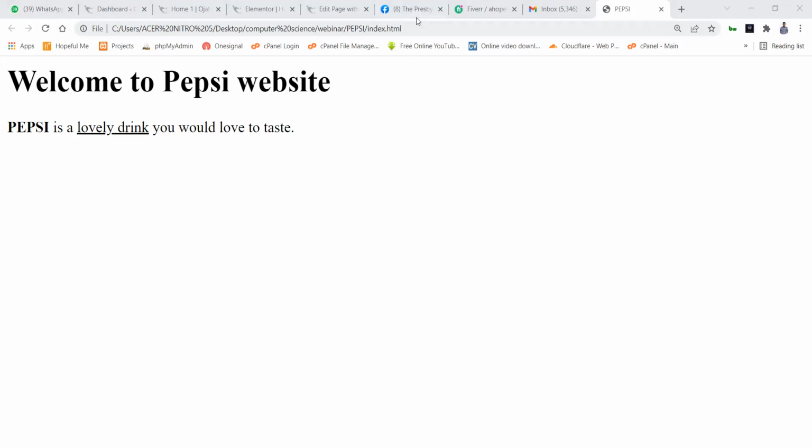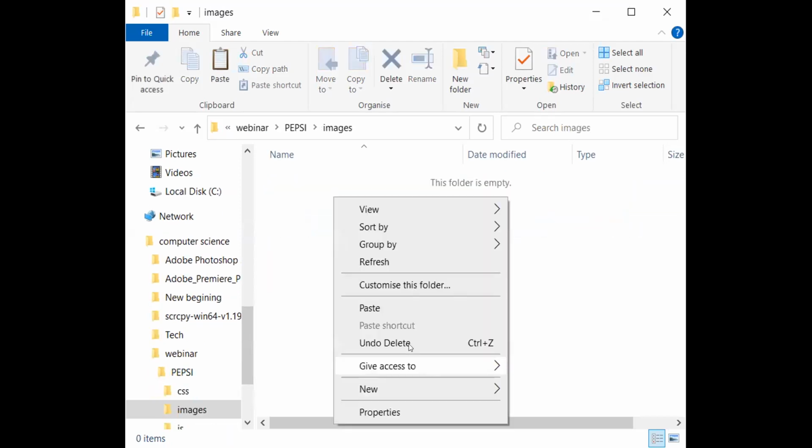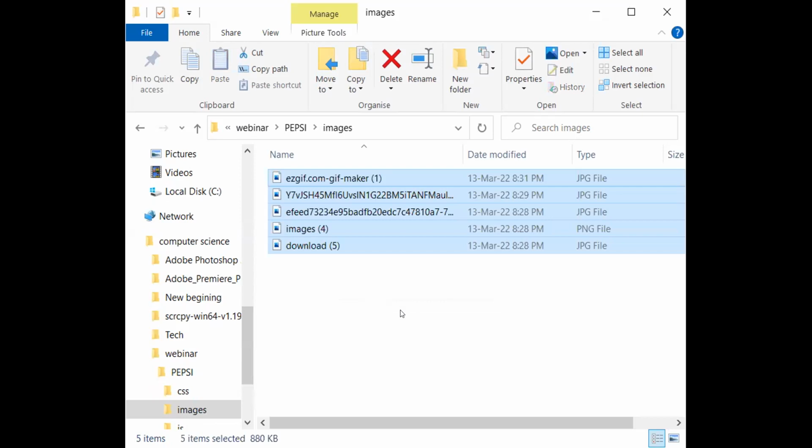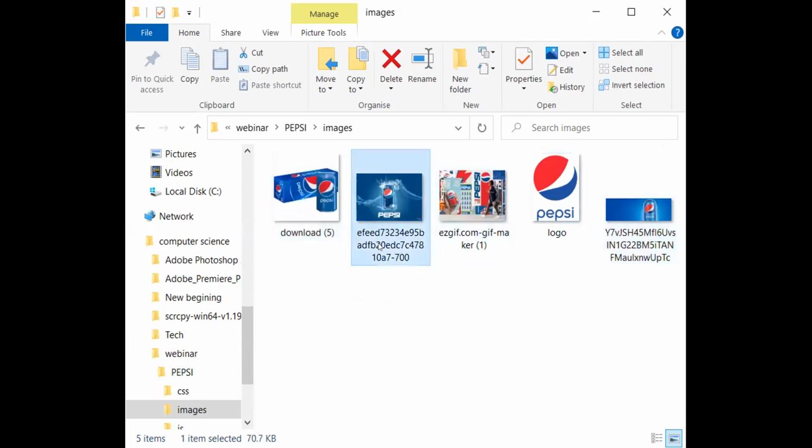So let me share my image folder again. All right, I think we are there now. Right, so I'll go to my images and I will right click and paste those pictures I've downloaded. So at the end of this class, I'm going to show us this file so we have on our system. So I might just name this one logo. Okay, then this one will be logo